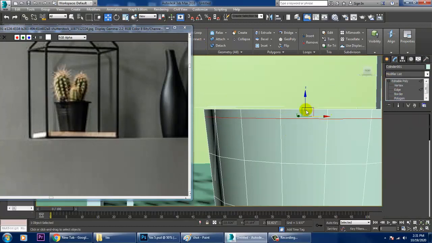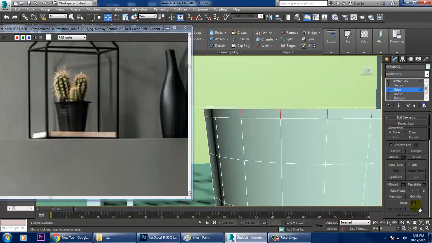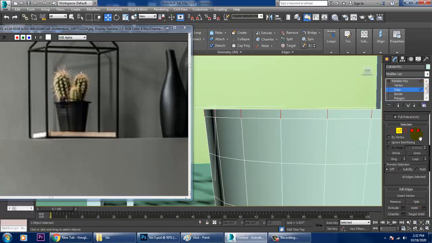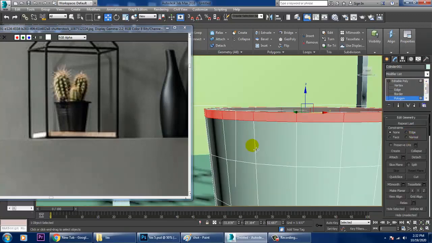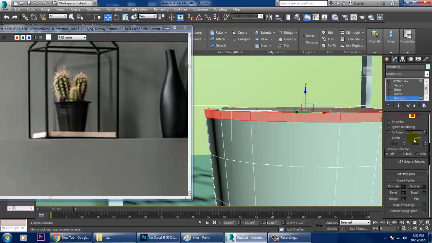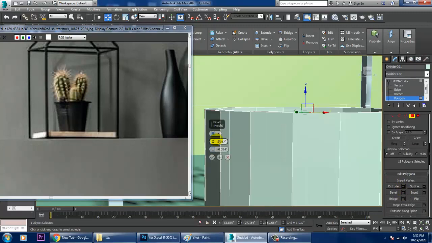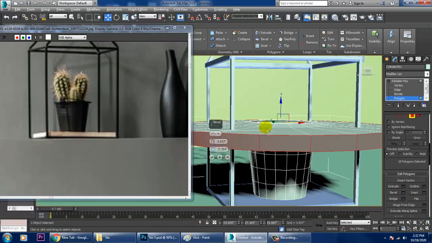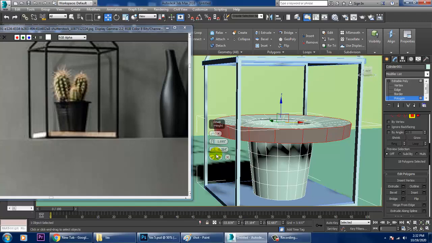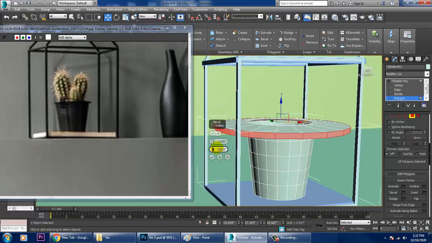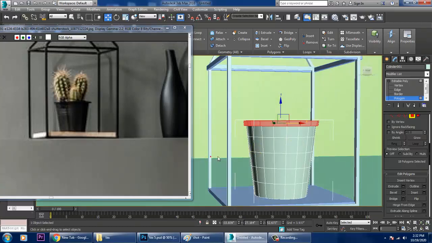Let's select the edges, ring it, Control and click on the polygons, and give a bit of bevel by local normal. Just push it in this way and push it inside. That's it, and click OK.